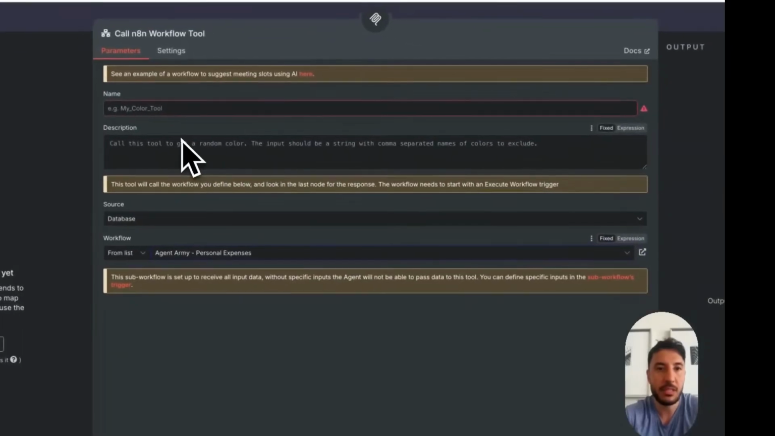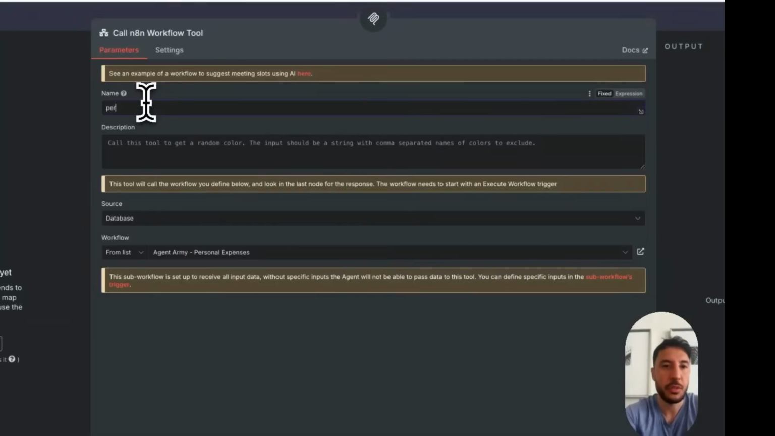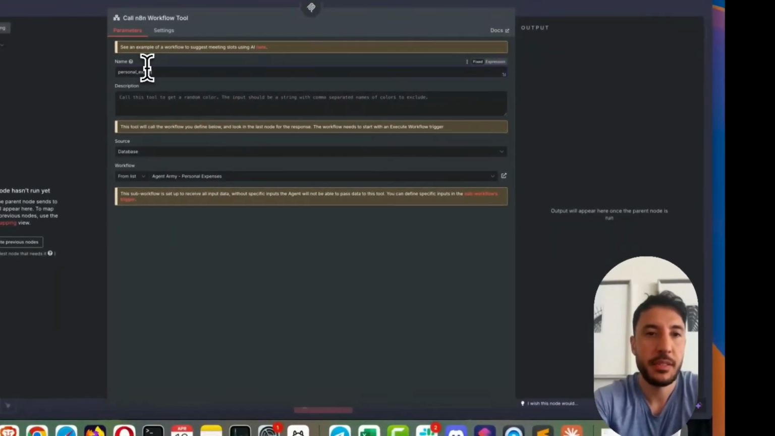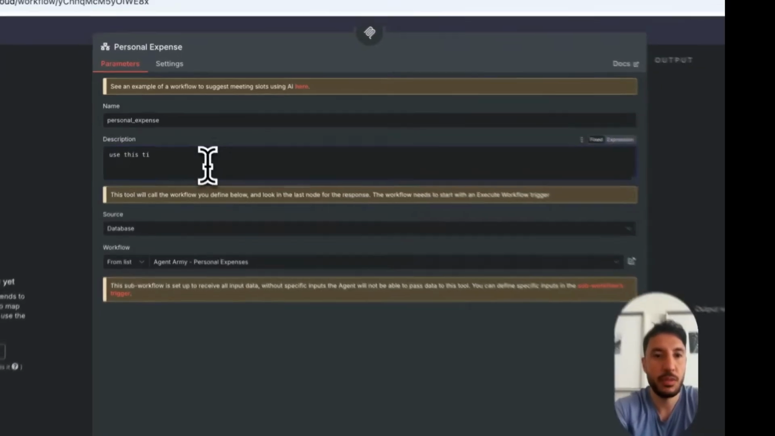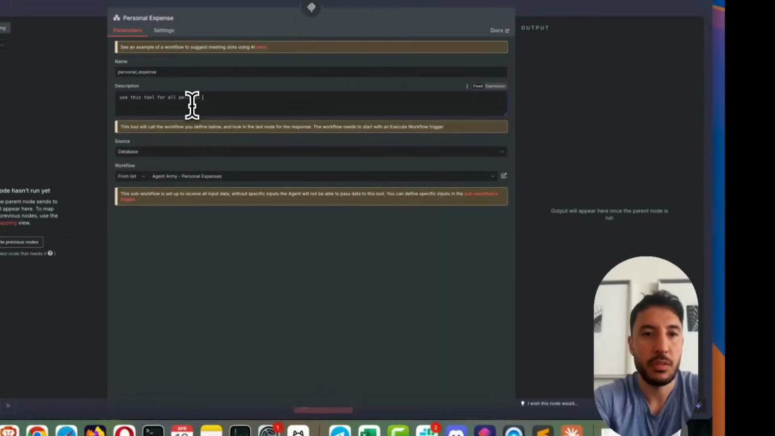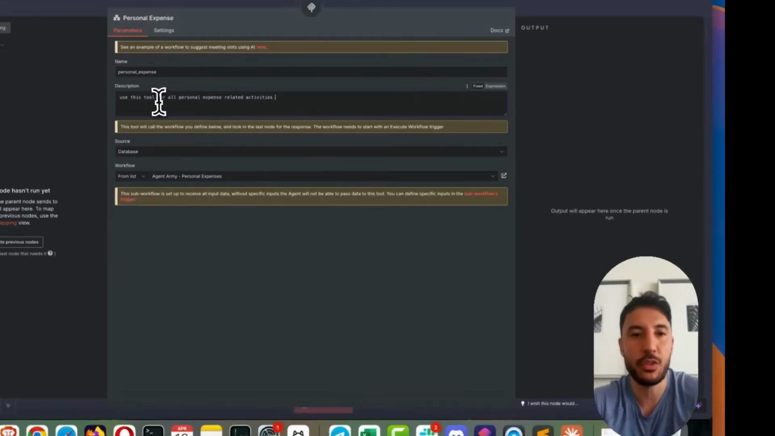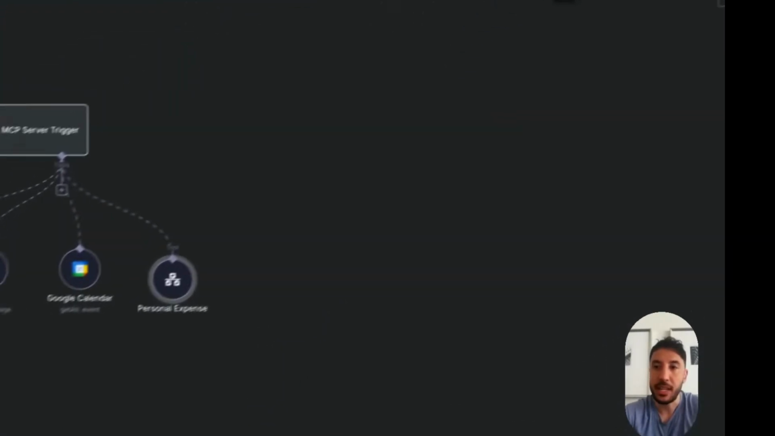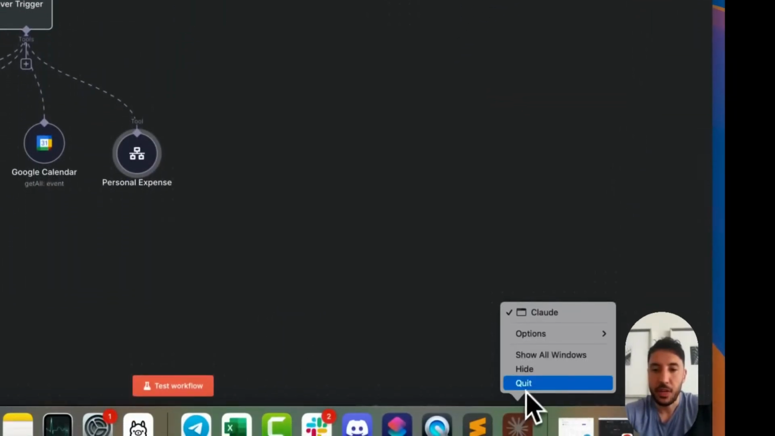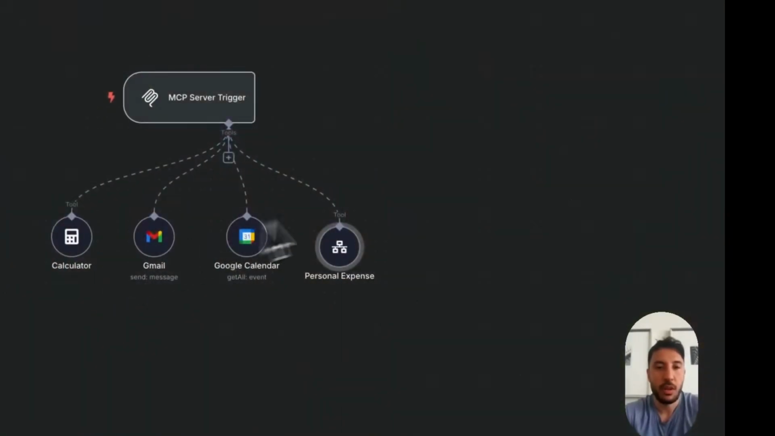So let's go ahead and name this. I'm just going to call this Personal Expense. You can name it whatever you want, right? Rename it. And I'm just going to say, use this tool for all personal expense related activities or queries or whatever. I just want to make sure that you're giving it a good description so it knows exactly when to use this tool. So now if I click on save and refresh my Claude, go to Claude,